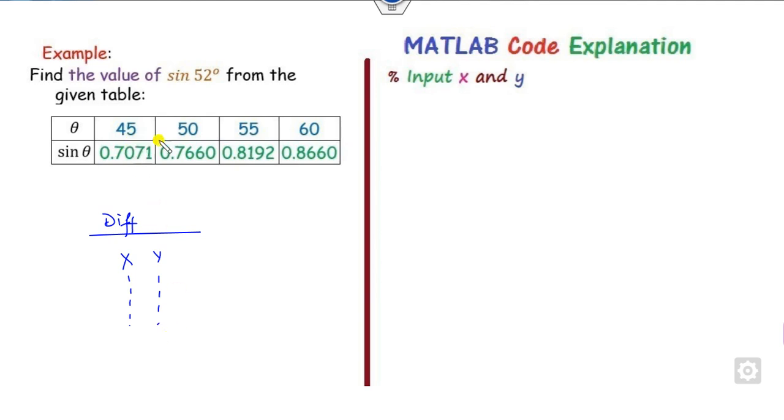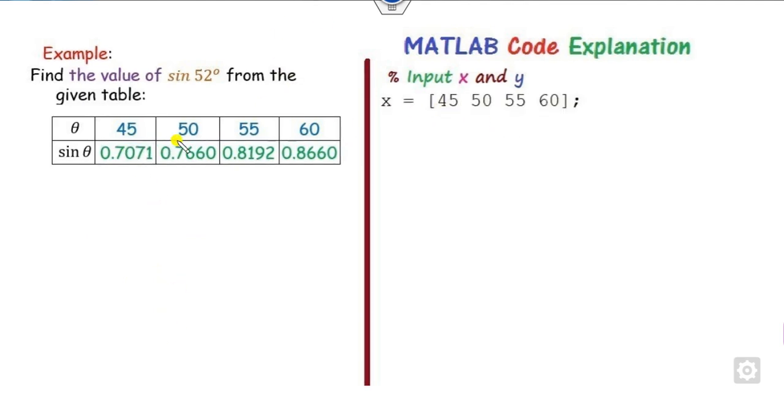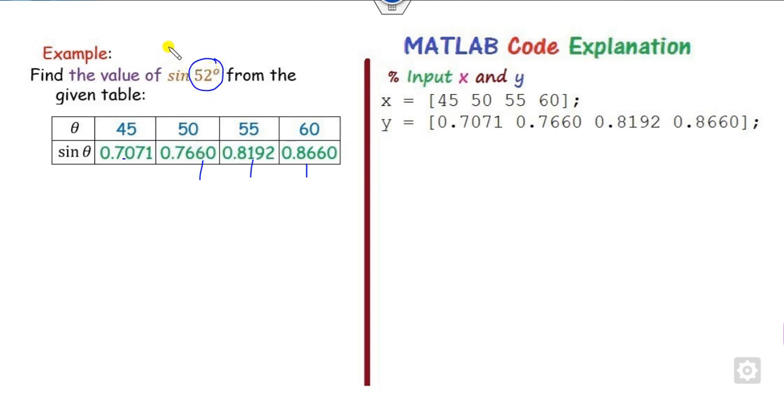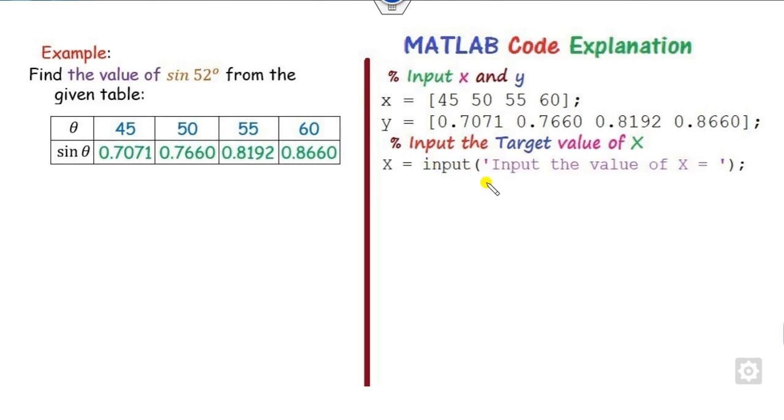So these are x and y, so you have to input the values of x, whatever you have, 40, 45, put one space between them. Second, you can consider this as y. Once you are here, another thing is that you need the value of x here. So this is the input value. Someone may calculate the value at 48, someone may want to calculate the value at 41, and so on. So I can call it input the target value. This is my target value. So I can consider x is input the target value.